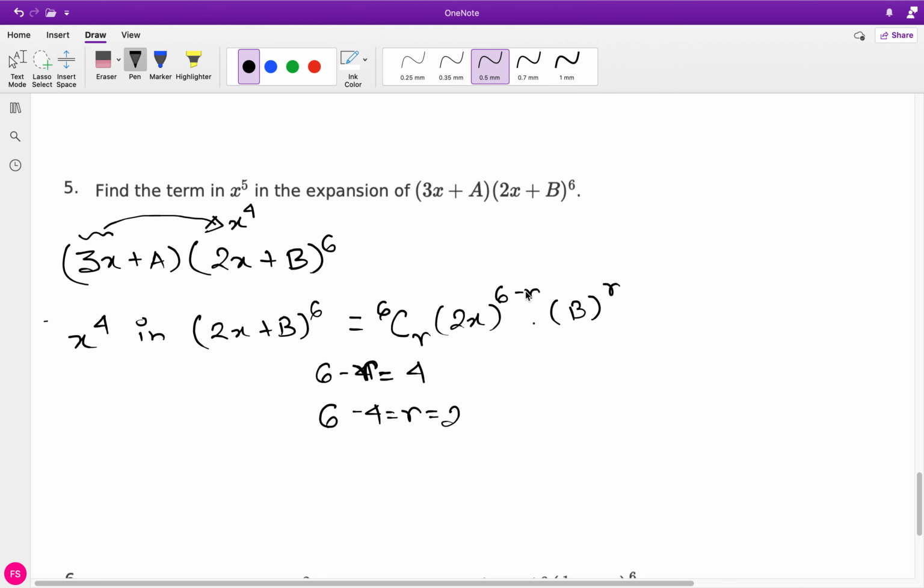If you just look at it, 2 is the only thing that you can subtract from 6 to get a 4, so you can do that right away. I'm just showing you step by step. This will give me 6C2, (2x) to the power of 6 minus 2, which is 4, times b to the power of 2. This equals to